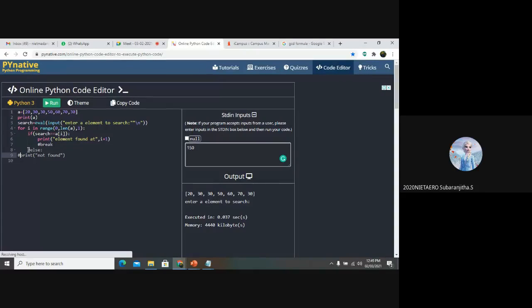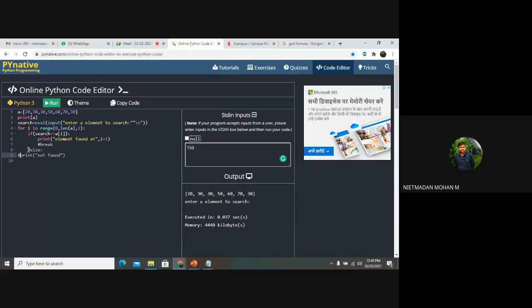If the user wants to know whether the given input is there in a list or not, then you go with the else statement and print that no number has been found in the list. Whatever you give in the list will be printed there. Like that, whatever information you want to pass to the user, you can give.